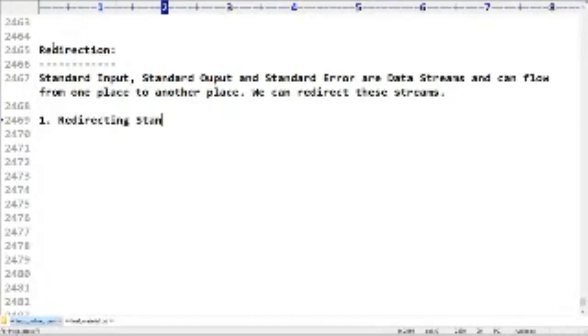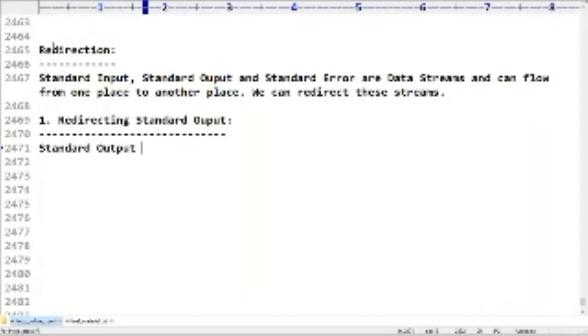Let me start with the easiest thing: redirecting standard output. Now I have one small doubt. Standard output is associated with which digit? Can you please confirm? Standard output is associated with 1.